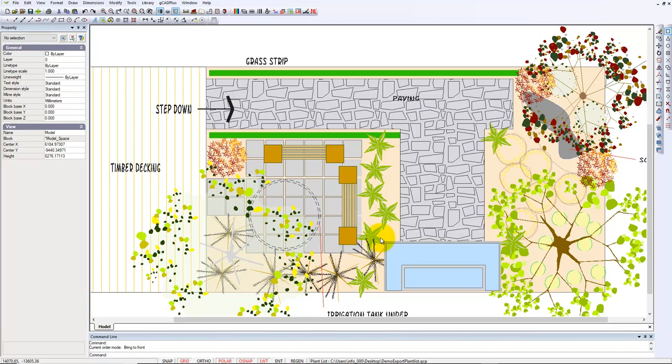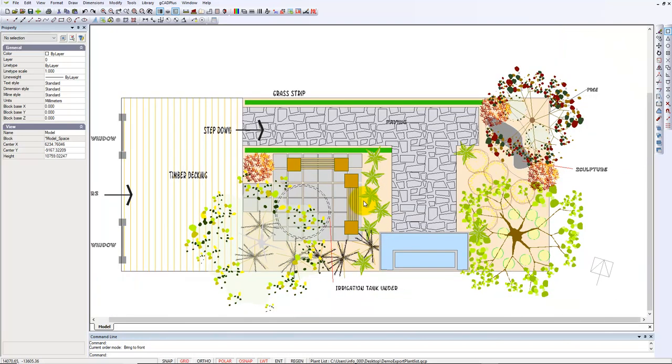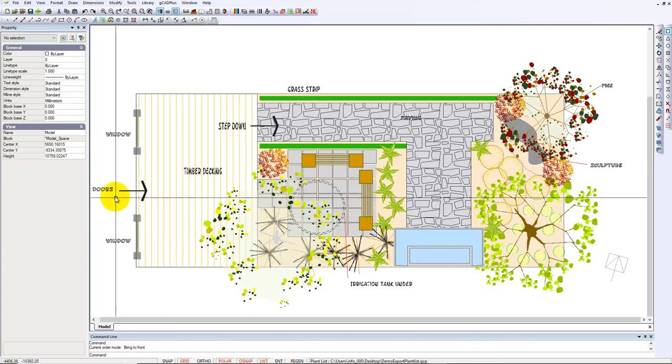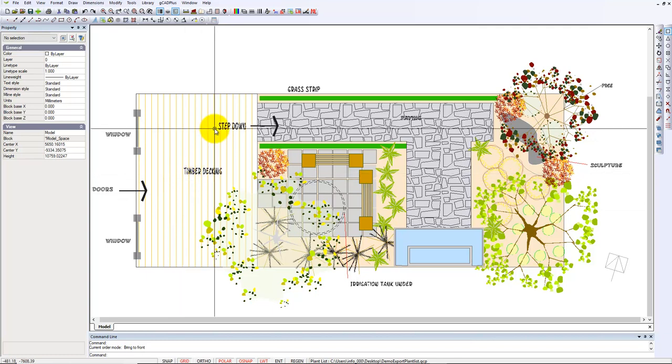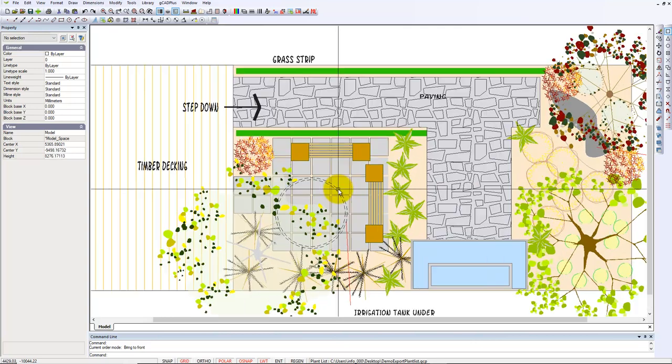The design you see here is for the rear of an enclosed courtyard, and features some bifold doors stepping down onto timber decking, then a further step down to some paving area, and then a substantial water feature at the end of that paved area. There are some more paving bricks, under the paving bricks here an underground tank for irrigation purposes, and adult